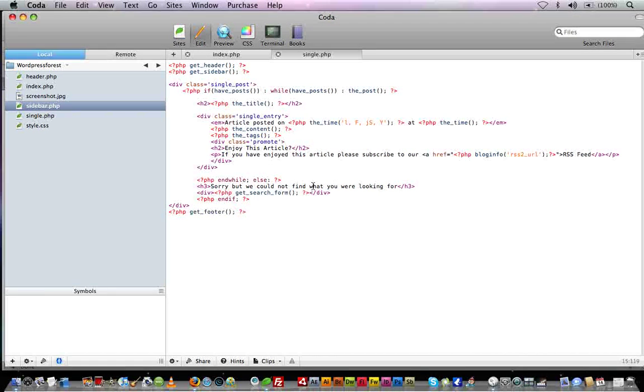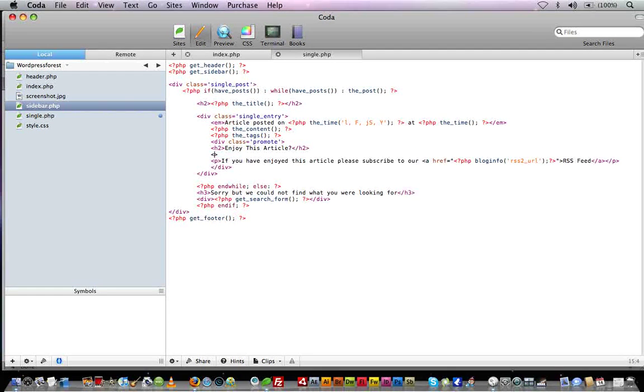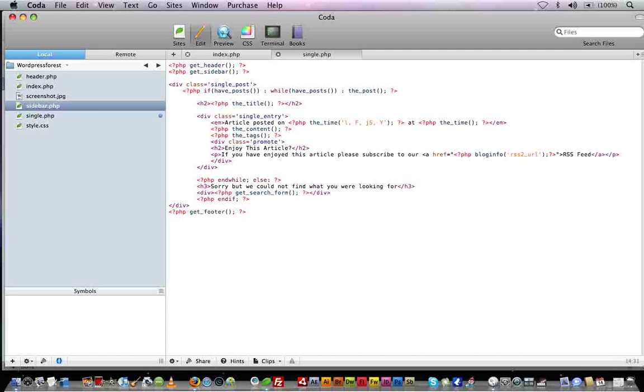And you can really get pretty creative with that, because you can imagine if you wanted to have a random message or an ad display at the bottom of individual posts only. You could just enter an image src tag and have your ad or any of your sponsors show up in the bottom. So I think we will leave our single page at that, but I want to go over